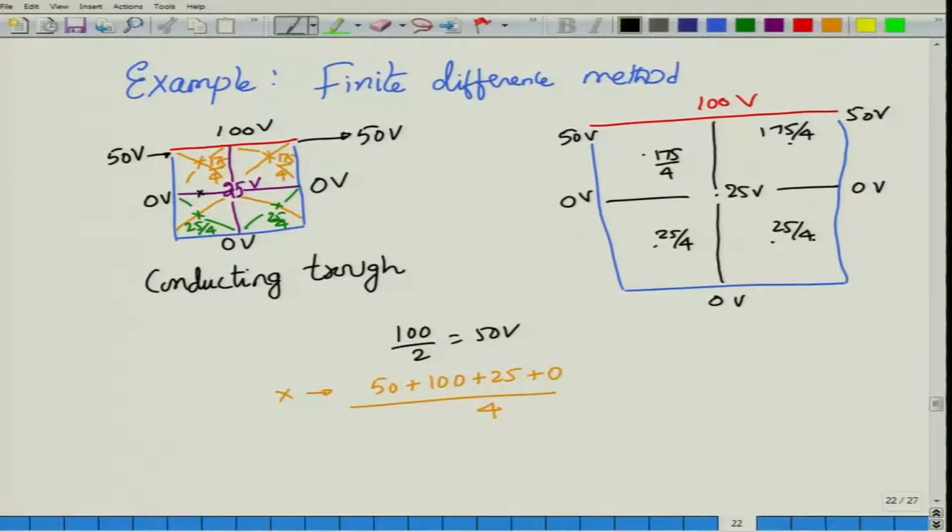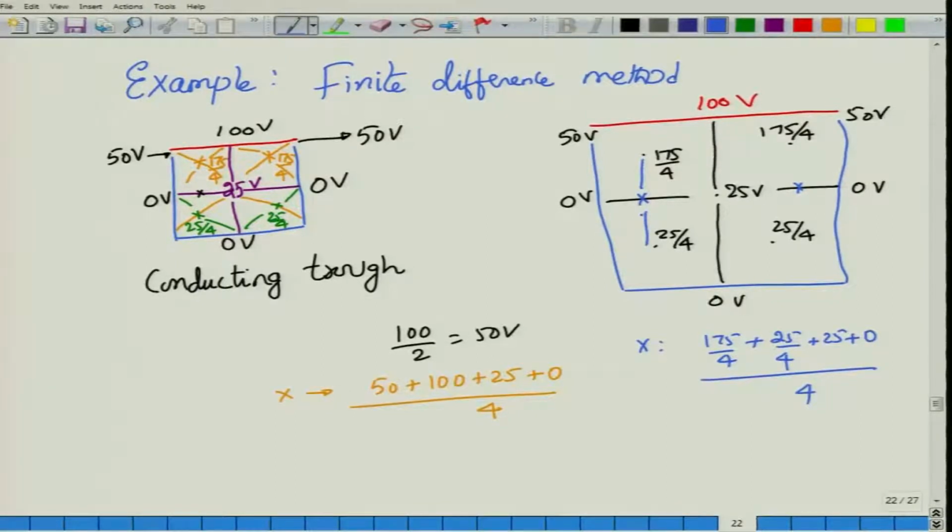Now I have reasonably more number of points. I can now find out what is the potential at these cross points, which are essentially at the center of these 2 points. The potential at this cross point would be 175 by 4 plus 25 by 4, because if you think of this, this is top, bottom, to the right and to the left. To the right will be 25, to the left will be 0, this entire thing divided by 4. And again by symmetry this would be the same value over here, so you get 2 more points additionally. So by looking at this one, you are able to get additional points over here.